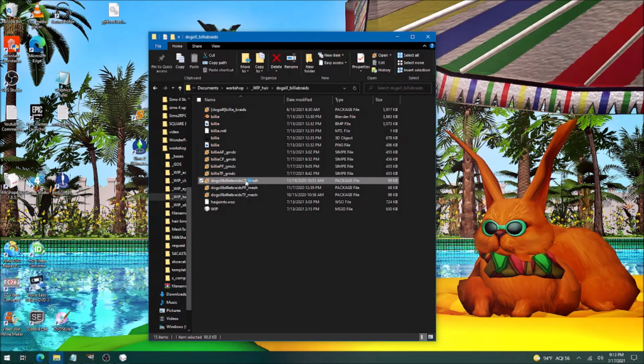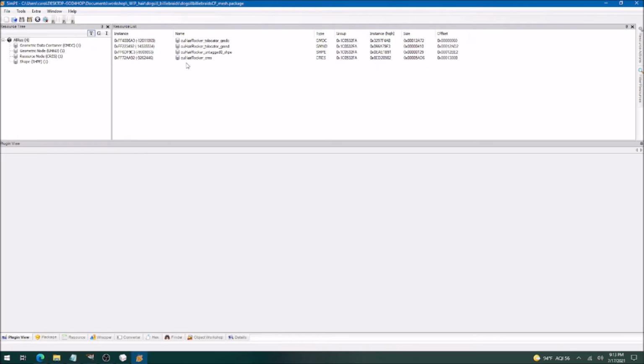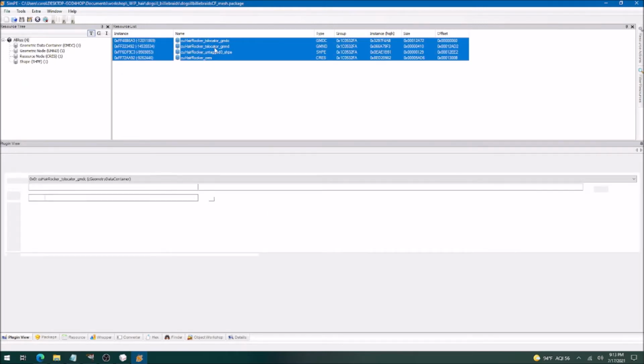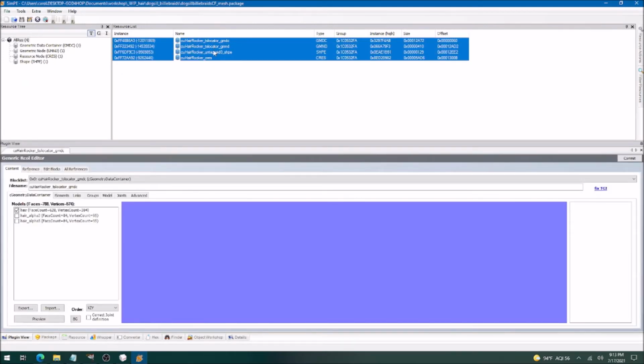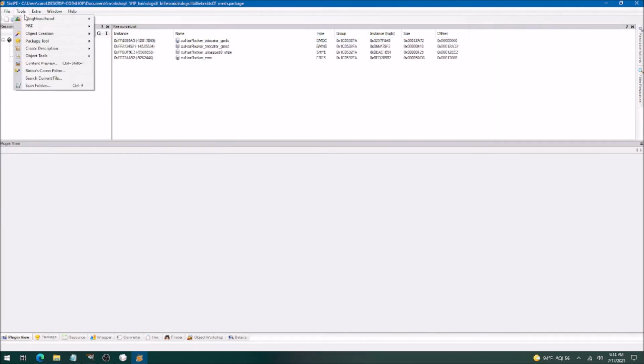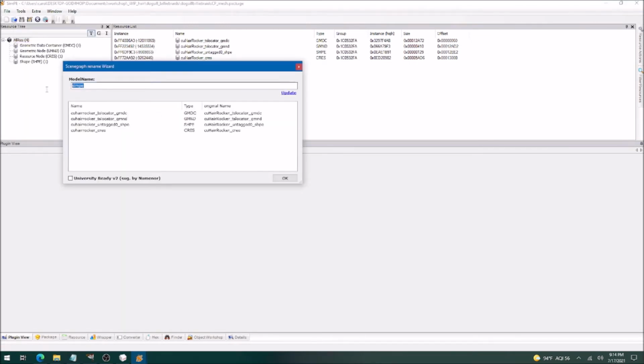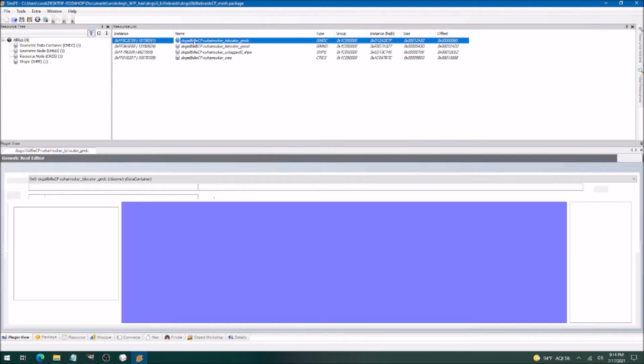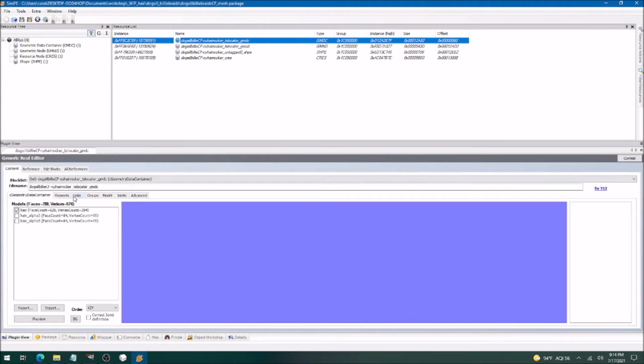Let's go ahead and open up the child and start there. I'm going to go over this quickly for the child, and then we'll speed run it for the toddler and the teen, because we've done this before. So go ahead and select them all, clone them all, delete them all, save them all. Tools, object tools, fix integrity, name it something unique, update, OK, go ahead and select your GMDC type, copy the name, replace,